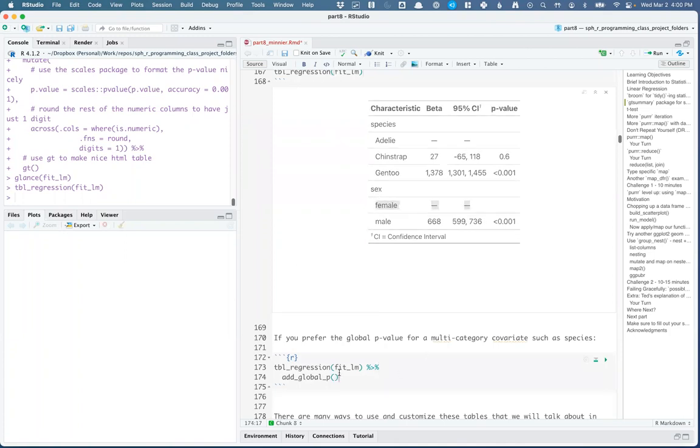And there are many helper functions, which I'll go over next week a bit more. One that you might want to use here is called add global P. So you can see that when we have a 3-category predictor, Adelaide, Chinstrap, Gentoo, they're all being compared to Adelaide. So this p-value is testing whether this beta is 0, which means the mean between Chinstrap and Adelaide are not significantly different. Gentoo, however, does have a much higher mean body mass on average than Adelaide, and so that one